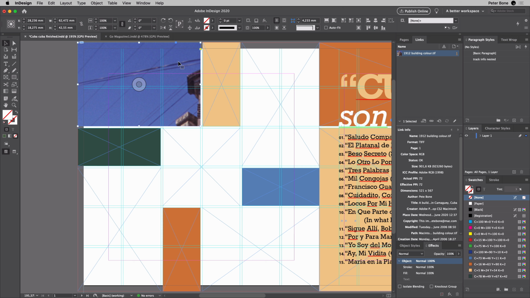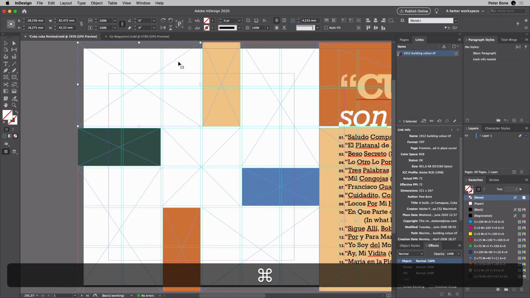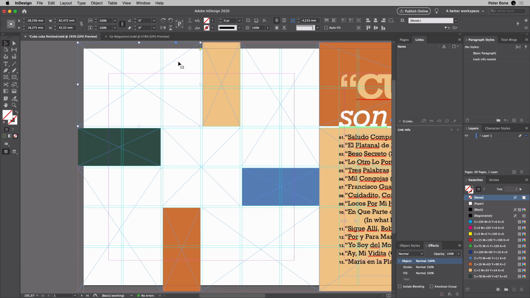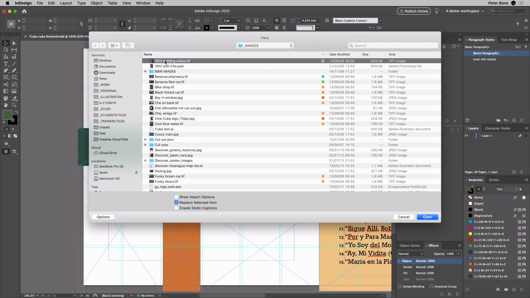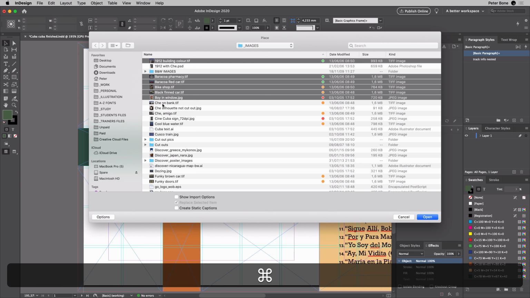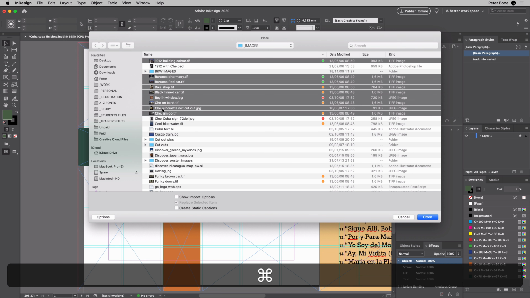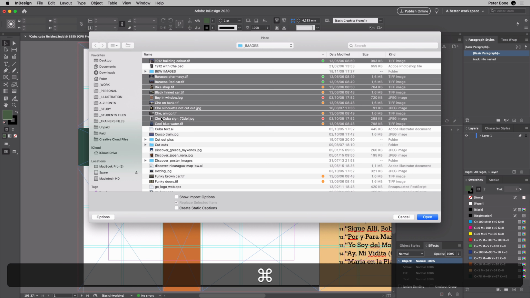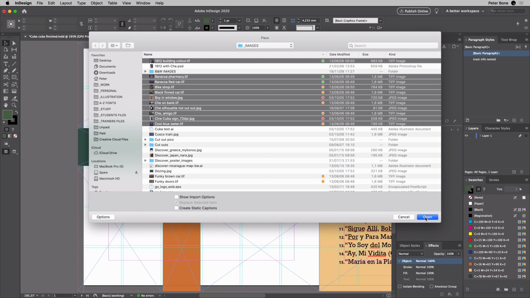So I'm going to do two undos to get rid of that. And if instead I deliberately have nothing selected, so I click off the edge of the page like that, I'm going to use the shortcut, so Command D to use Place. I'm going to choose a few images here, so I'm going to Command click on a few different ones. Not quite sure which ones I want, but let's just bring those in. And then when I press Open,